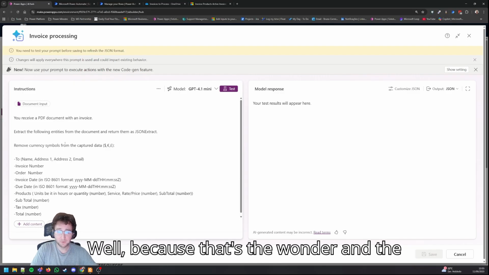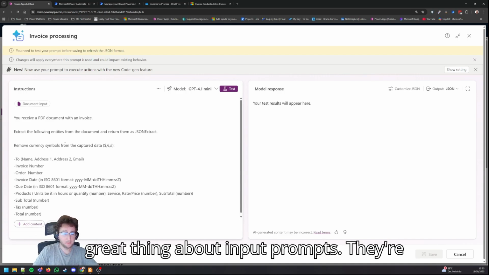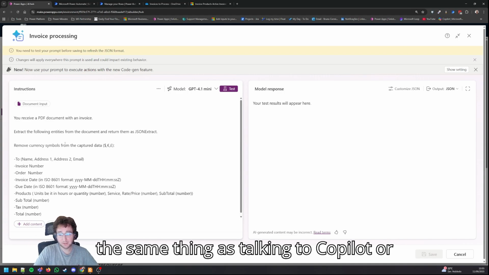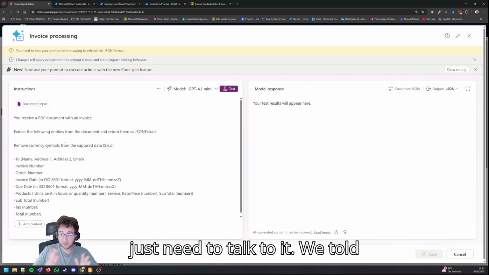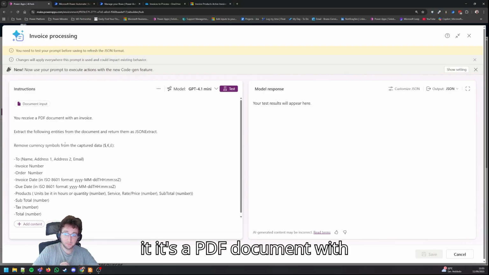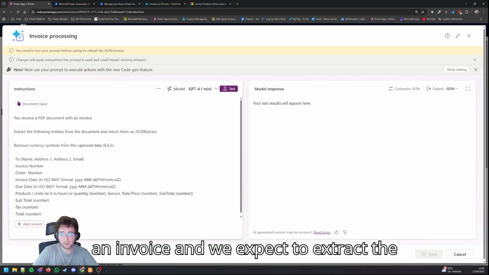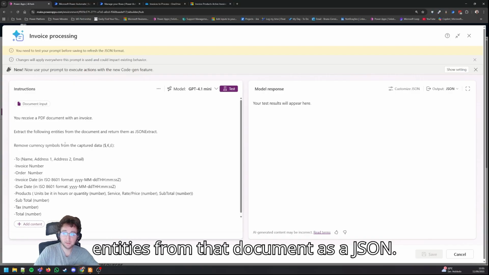Well, because that's the wonder and the great thing about input prompts. They're the same thing as talking to Copilot or ChatGPT. It uses natural language, and we just need to talk to it. We told it it's a PDF document with an invoice, and we expect to extract the entities from that document